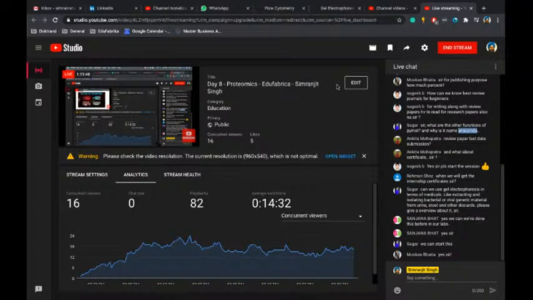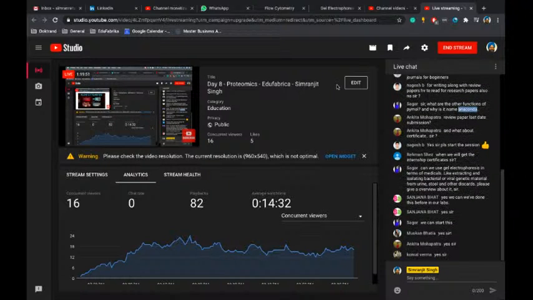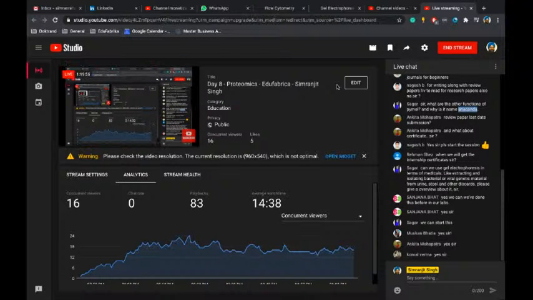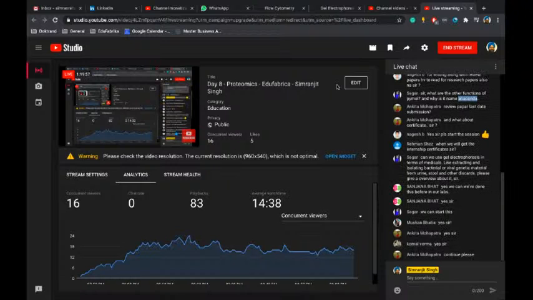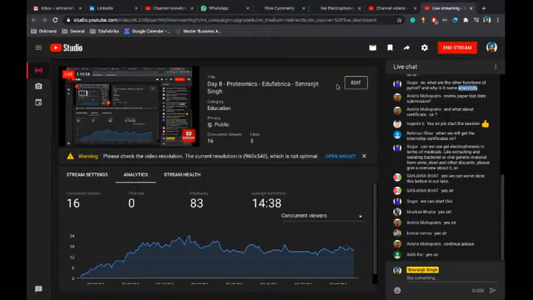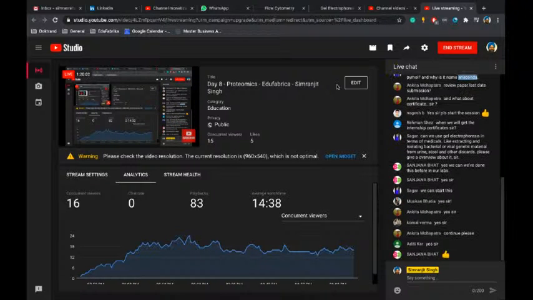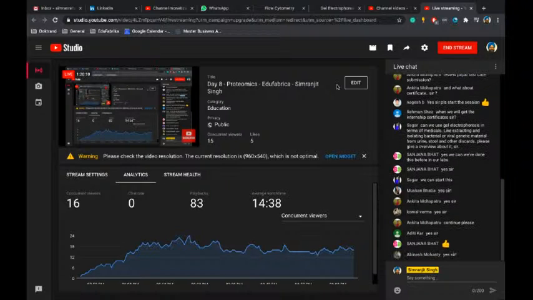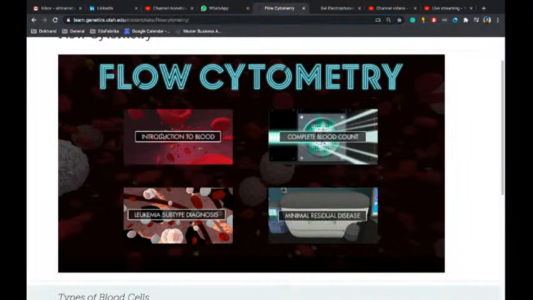Did you understand what has been explained today? With flow cytometry, with the forward and side scatter, with the fluorescence data, fluorescence 1 and fluorescence 2, how they are moving with the sheath fluid and everything. Okay, good. So give me some comments so that we know that things are going fine.